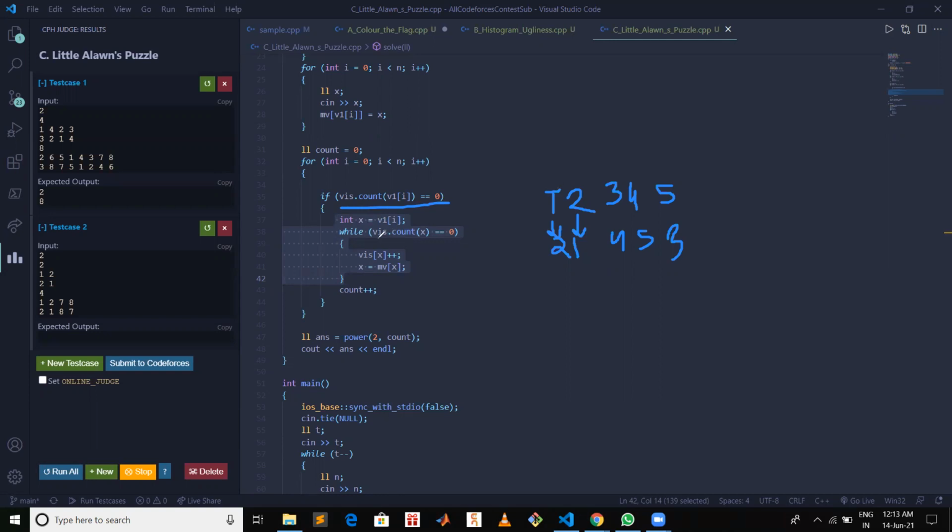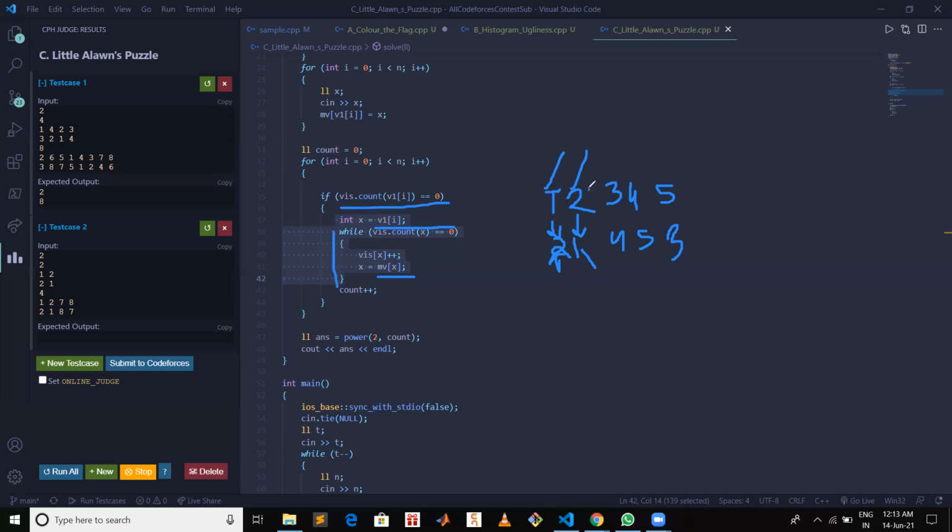Now I am checking x is not visited, so I mark it as visited and I check the number corresponding to this. So the number corresponding to 1 will be mv of x. So in x I stored 2 now. Okay, so now I'm checking if 2 is not visited, then again marking it as visited, and this is my x now. So now x is visited, so this loop gets broken.